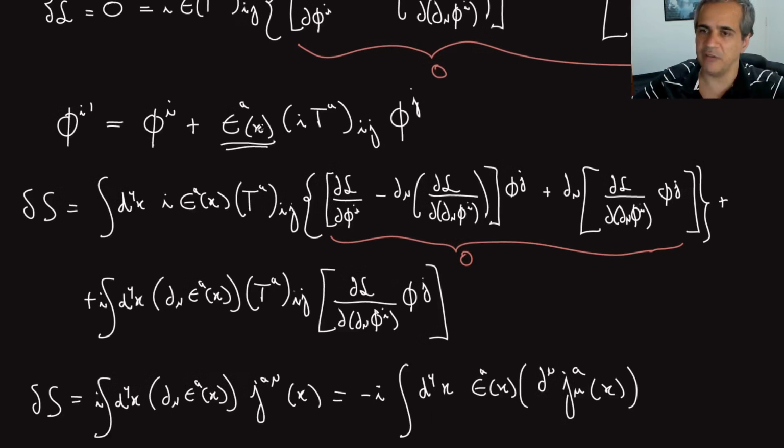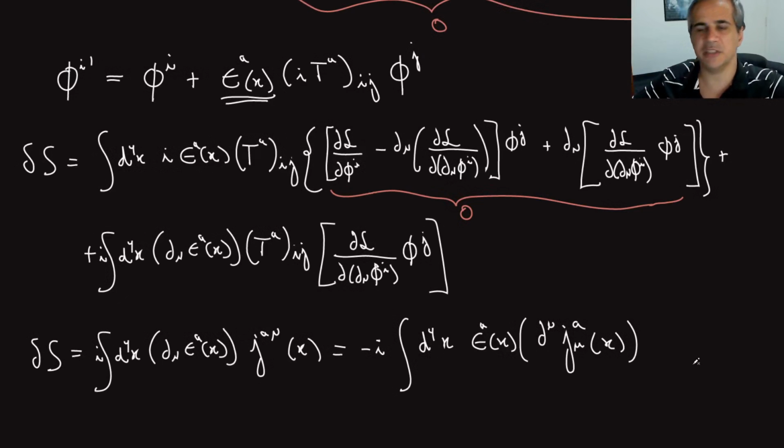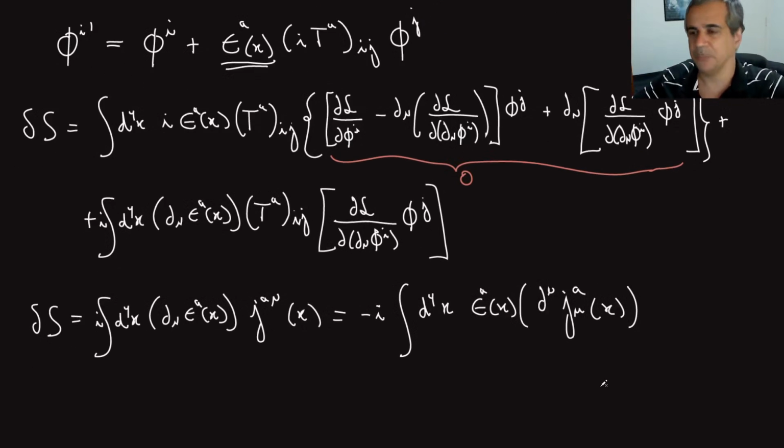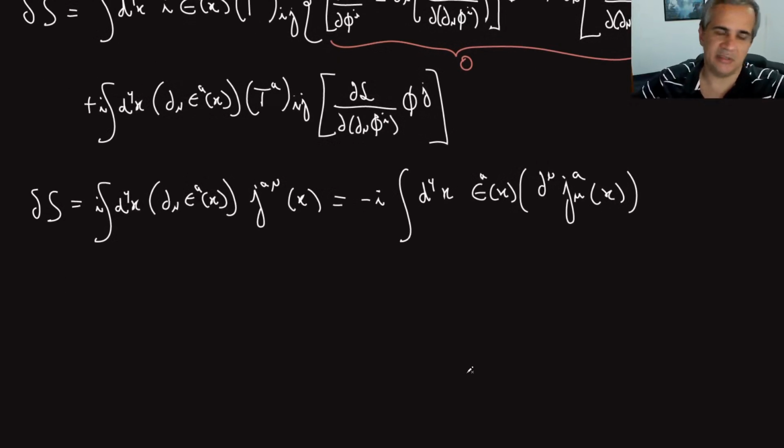And I have shown that if you do local transformations on the same theory, then this is how the action changes, right? So far so good. Now, what we want to do, and this is why I'm talking about this in the same video I talked about Schwinger-Dyson, is to do something similar to what we did for Schwinger-Dyson, right? We had